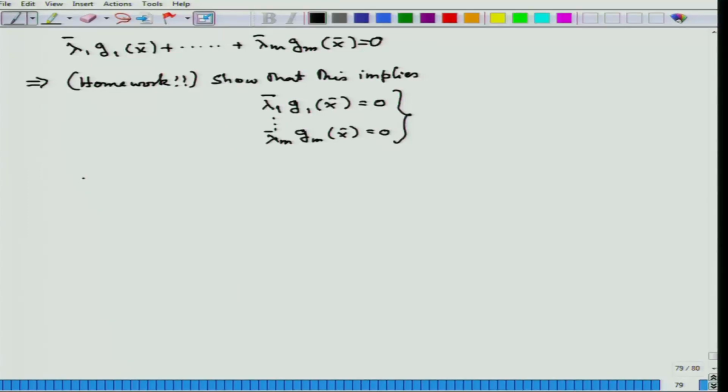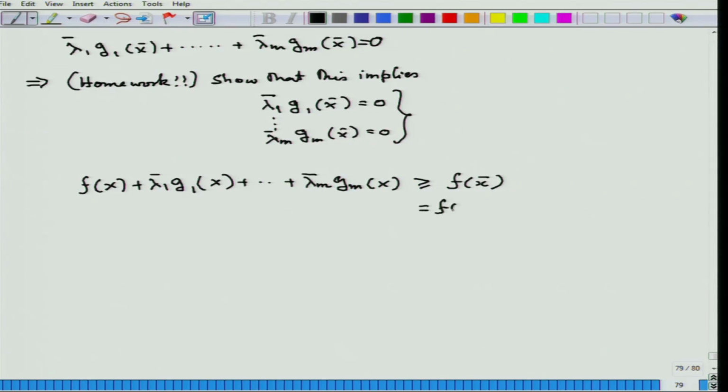So, what would you have is now f of x plus lambda 1 bar g 1 x, and so on up to lambda m bar g m x is greater than f of x bar. But I can write this as f of x bar plus 0. Why do I write this? Because you see this part is 0 and this part is quite similar looking like this part. So, I can write this as